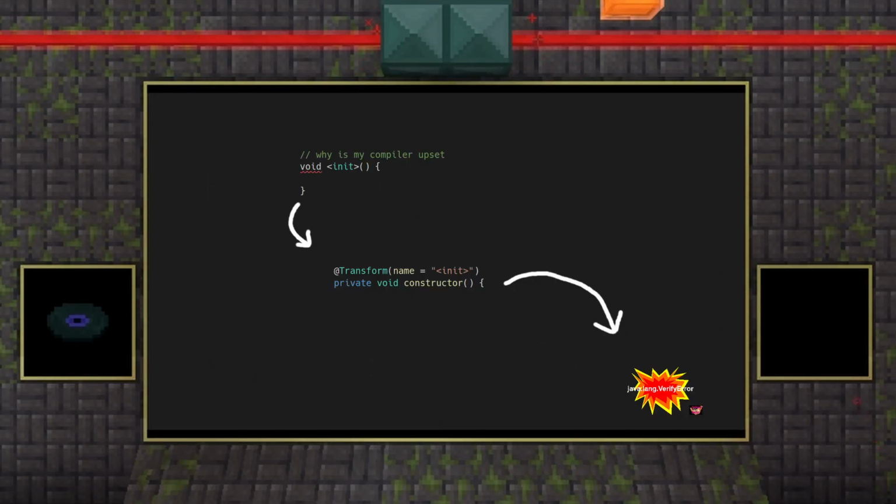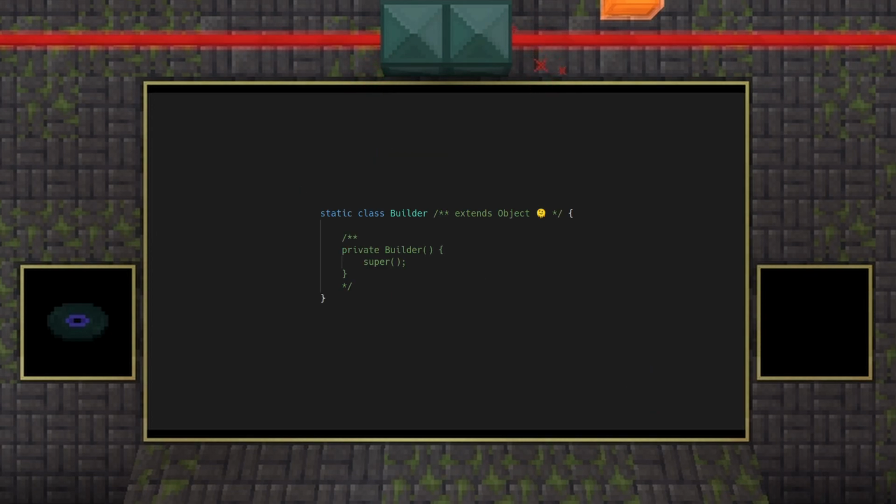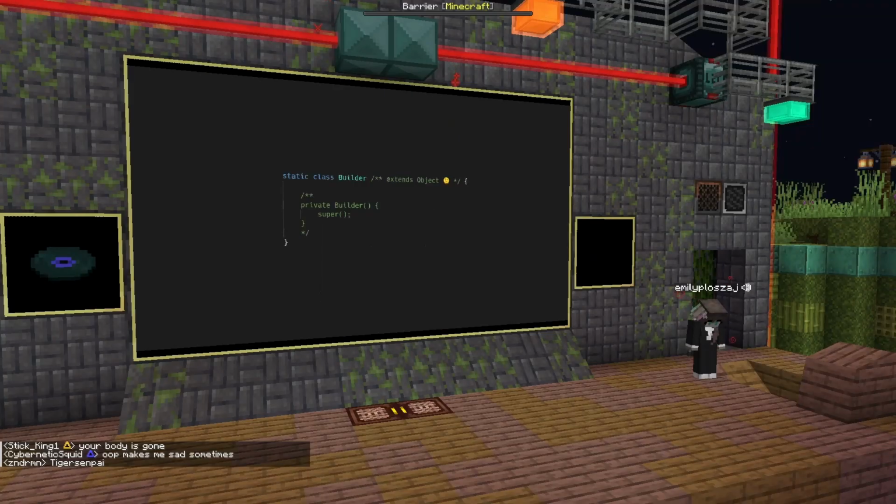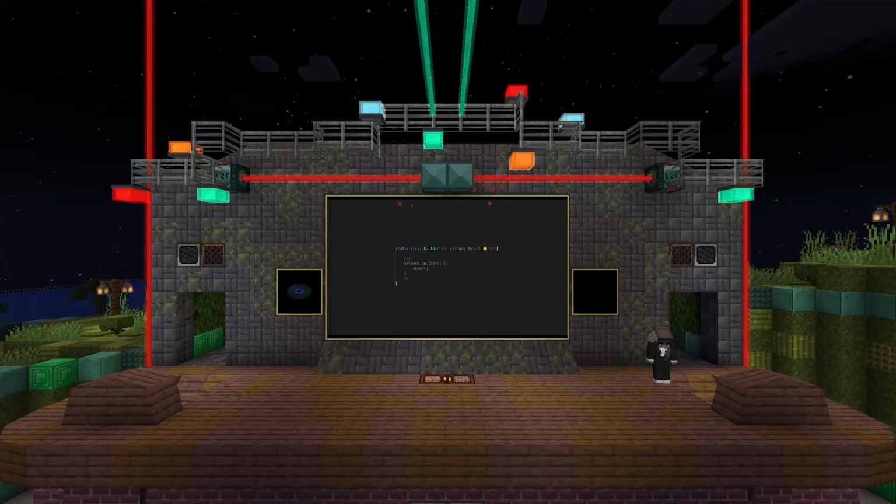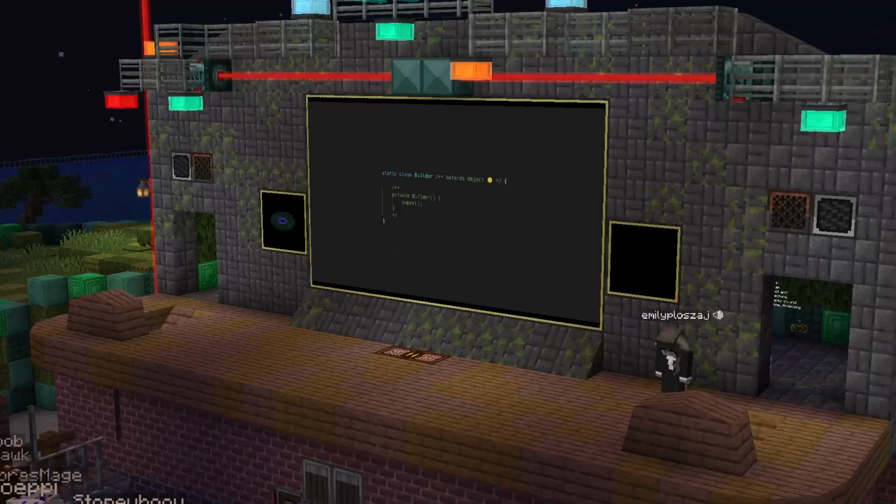But wait, Comparison Builder doesn't have a superclass. Why is it breaking? Technically, its superclass is object, and I still need to invoke it. The Java compiler implicitly sneaks this call into your code, but I'm not writing a constructor. I'm writing a normal private method and changing it to be a constructor at runtime. I'm going to have to call the super manually.